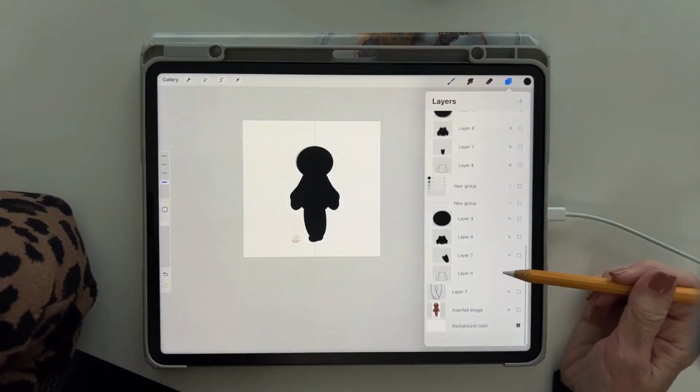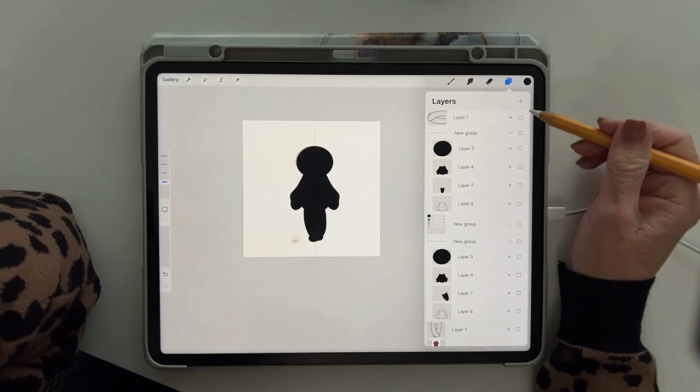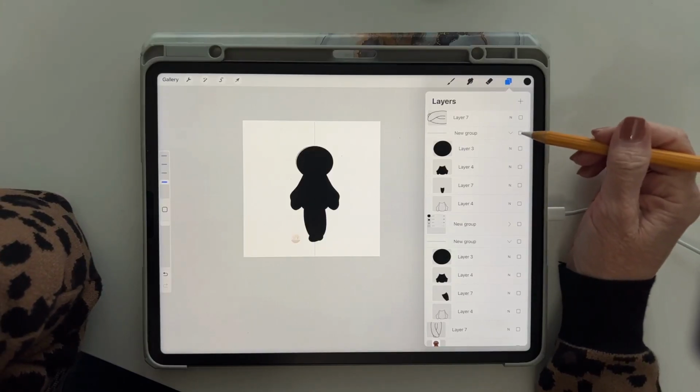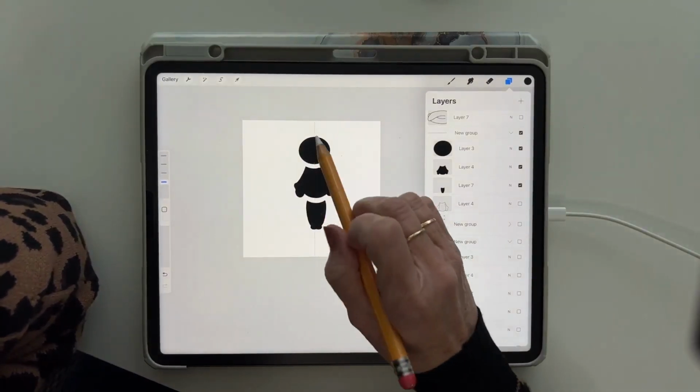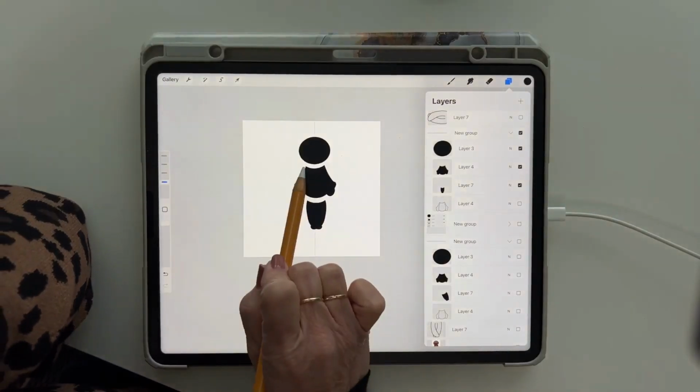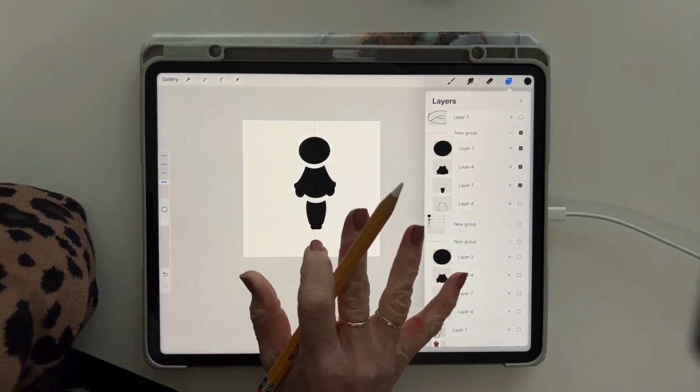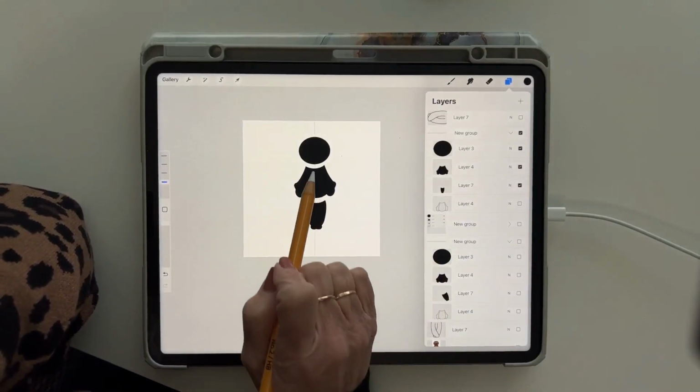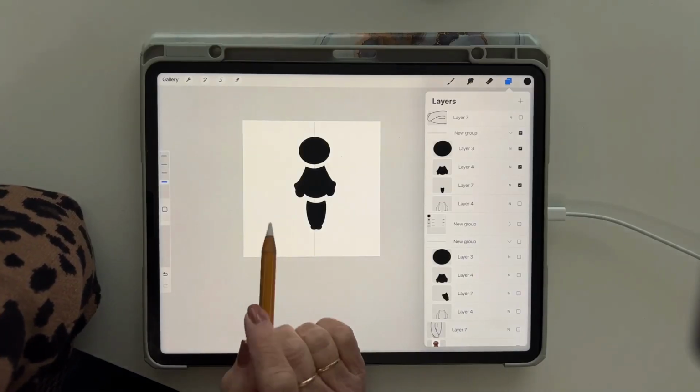Now remember, that's what I was showing you at the beginning. Let me turn this one on. That's what we had at the beginning. And the reason you see the gap here is because when you put them in Cookiecad to make a set, you have to have a gap between them. If you don't